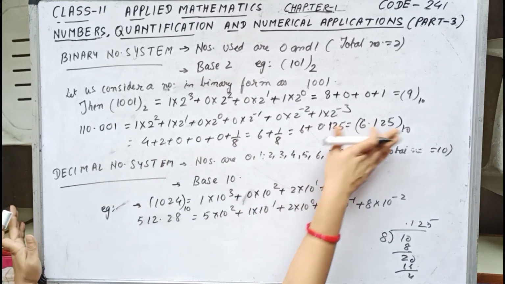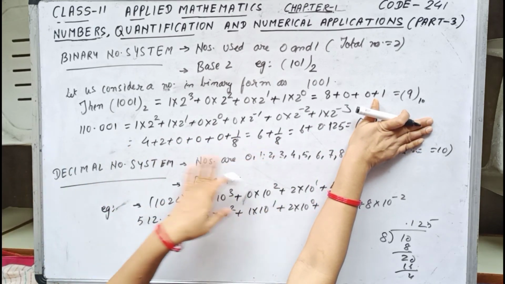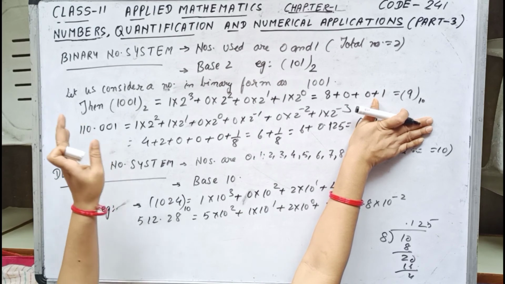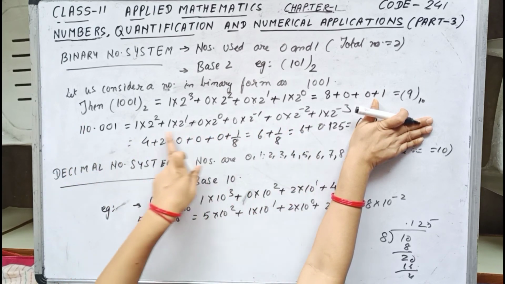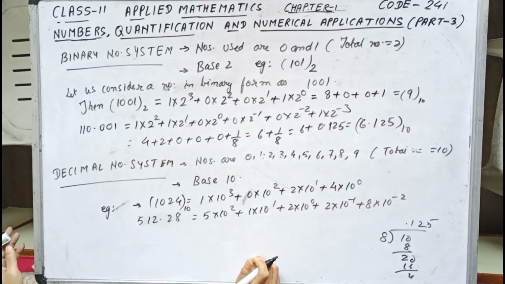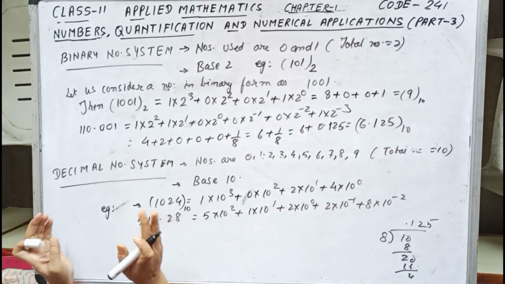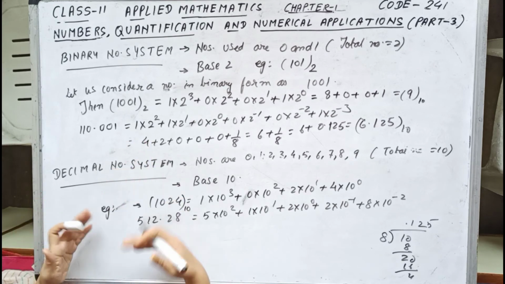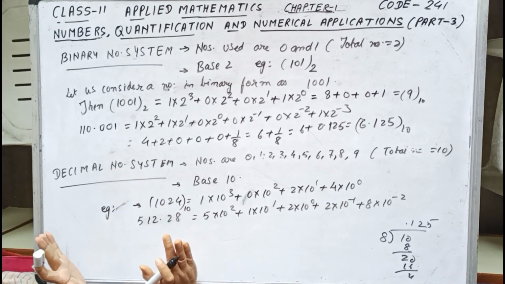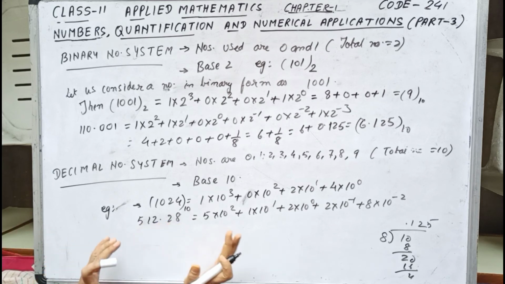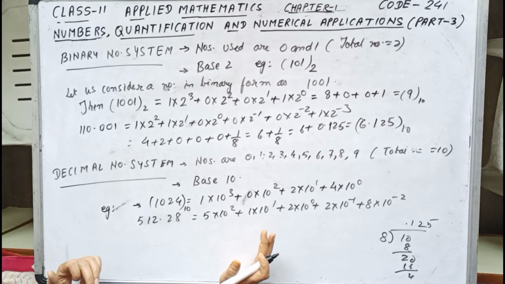So if only expansion is asked, then the expansion of a binary number following the binary number system is just the first step which I have done. So now, to some extent, you understand what the binary number system is and its comparison with the decimal number system. Now for the next topic, let us understand the addition, subtraction, multiplication and division of binary numbers.